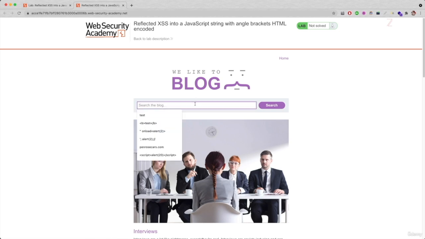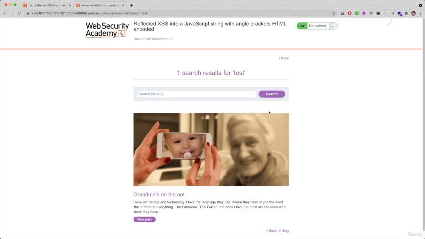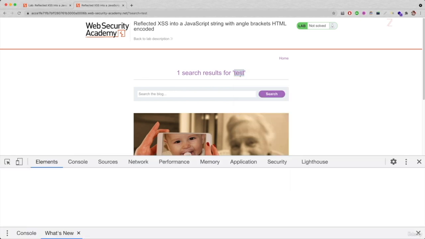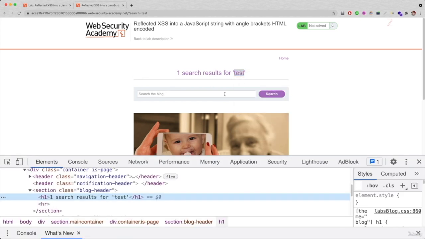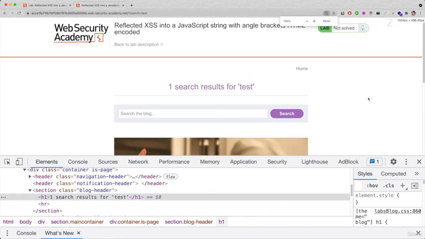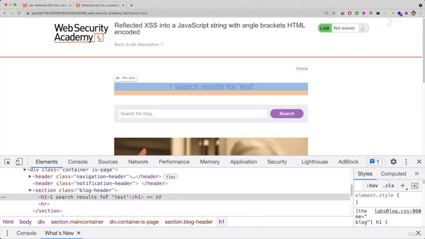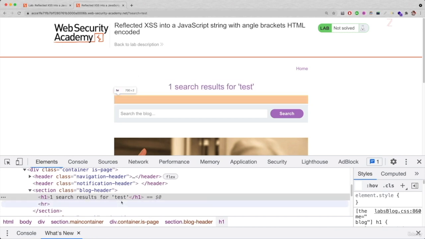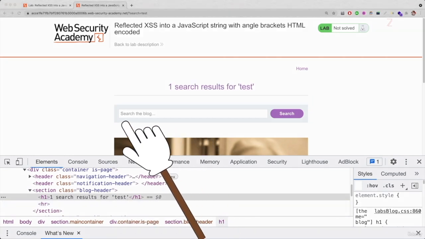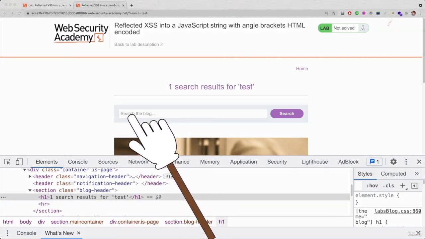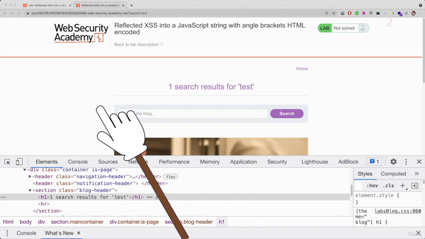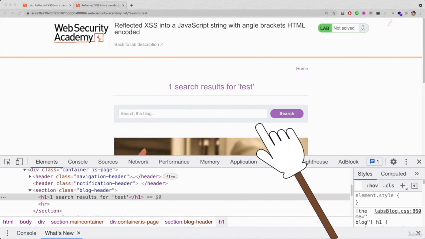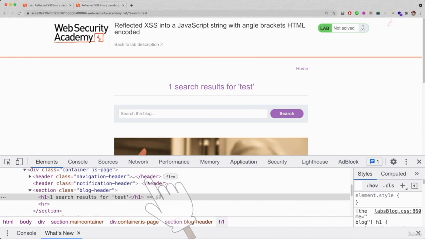Again, as usual, you want to test everything in here. I'm just going to go straight to the search because I know this is what's vulnerable. We're going to search. And as usual, you want to exploit this as much as possible from where you see in here. So within the text box, if you try everything that we covered so far, none of it is going to work because this page does actually implement some protection against XSS vulnerabilities. Therefore, when you exhaust all the possible tests that you can do within this text box, and you can see that it's filtering everything and it's encoding everything and there's no way to exploit it,